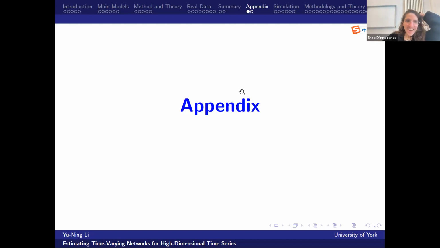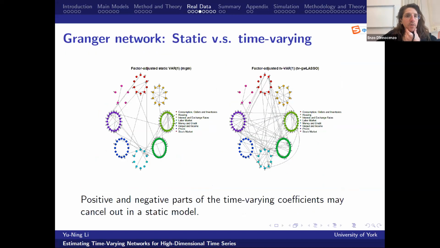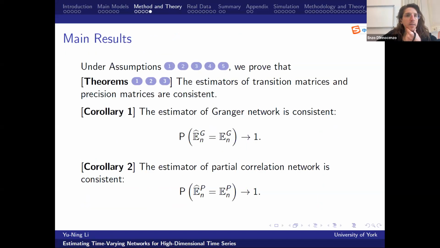For the theory to work, I don't know if I missed this detail, but do you require some specific tail condition for the noise, or number of moments, to get your asymptotic or non-asymptotic results? Sorry, you want to know about the theory part? Yes, I was wondering about the assumption that you have on the noise.